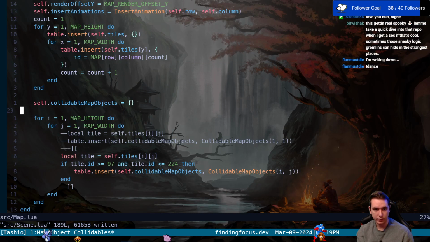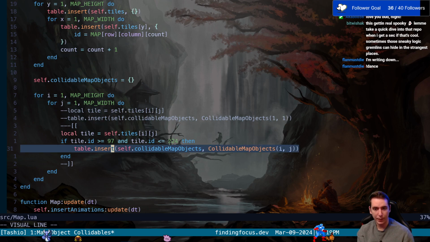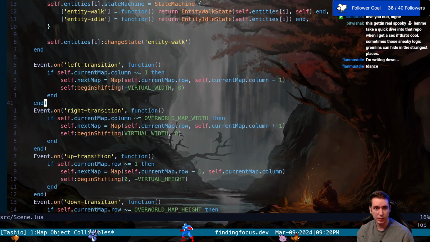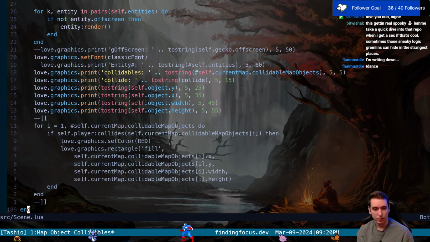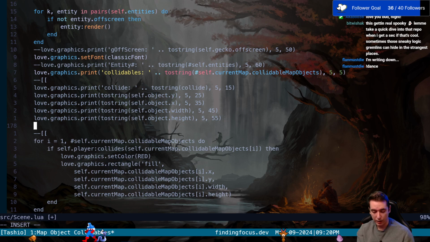In our map class, now we insert a collidable map object into our map's collidable map objects table. So this is the range for those collidable objects. Now that we are inserting it into that, we should be able to go into our scene, and instead of just doing this, let's take this out, and we want to